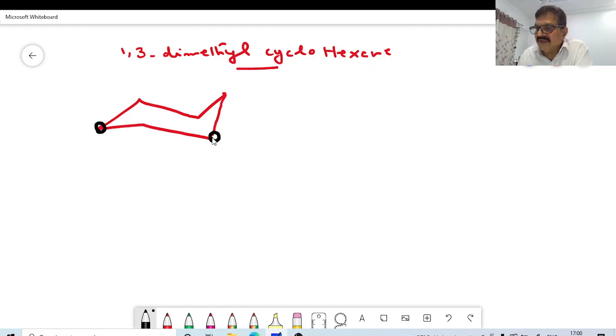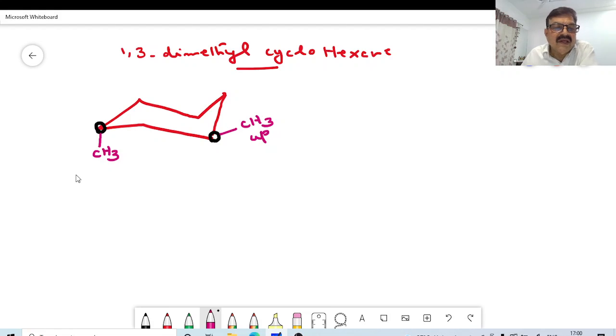Now this is conformation 1, I will just draw it here. If I draw this methyl group here, both are down carbons, so this is axial, it is down. Then there is an equatorial here at the 1,3 position. This is an up carbon, up bond, and this is a down bond.